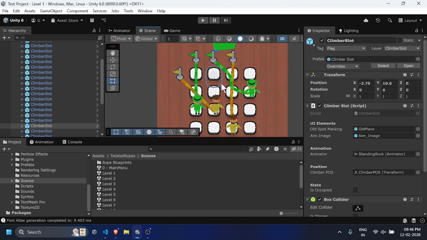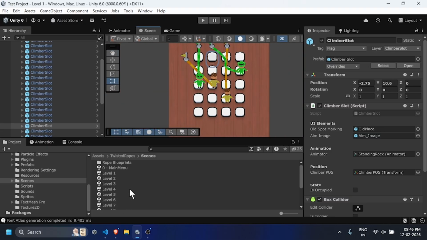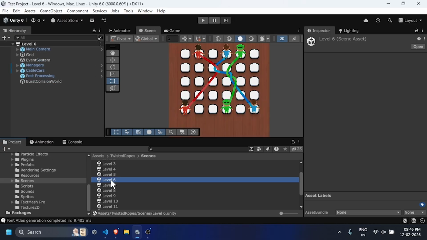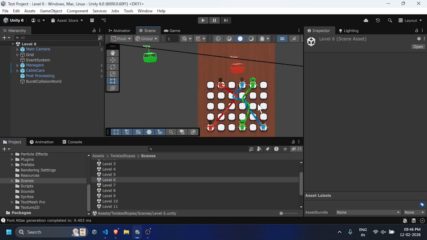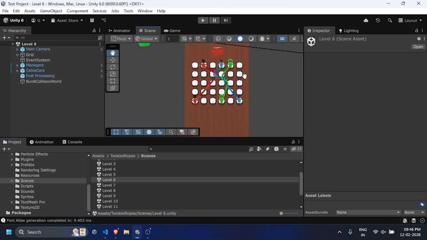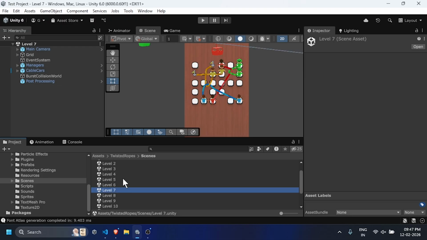Maybe if you want to change it, say let's open level 6. We are going to change this level and make a new level out of it. And basically, while creating that new level, I'll explain everything that you need to know for creating your own levels. So the best thing to do is just select level 6 or level 7 or any other level,